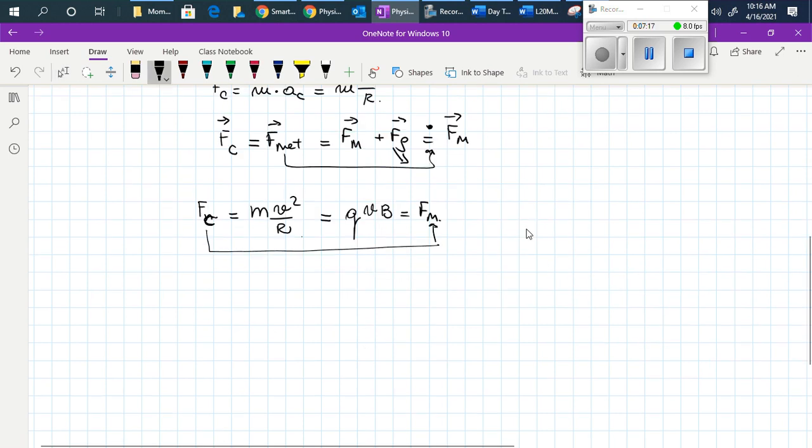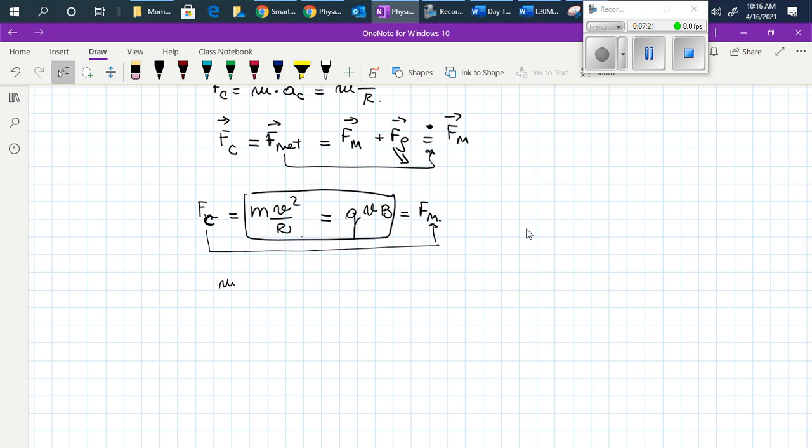So now, mv squared over r equals qvB. The speed cancels out since it is on both sides, and then we have mv over r